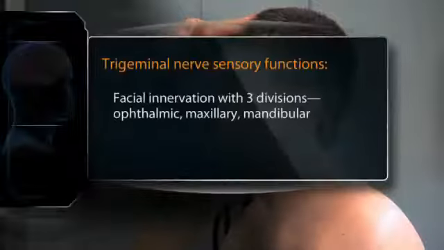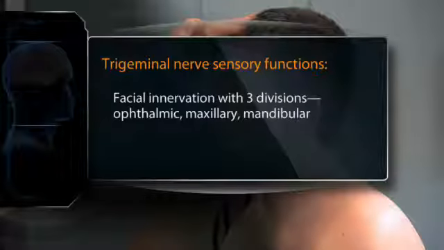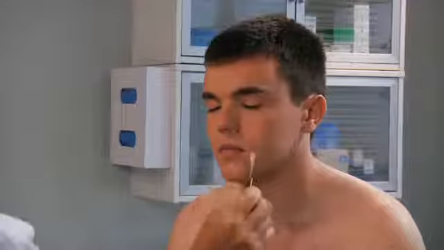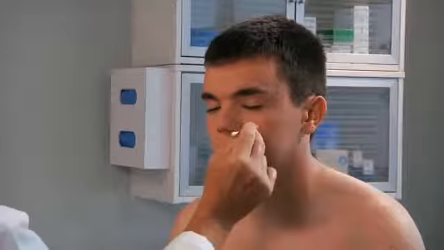The sensory portion of the trigeminal nerve has 3 divisions: the ophthalmic, maxillary, and mandibular divisions. To test the sensory portion of the trigeminal nerve, explain to the patient how you will assess for pain. That is sharp. Okay. With the patient's eyes closed, test for pain sensation using the sterile sharp end of a